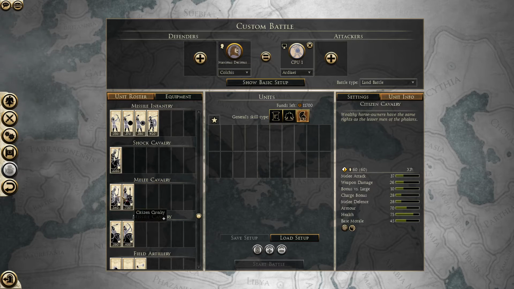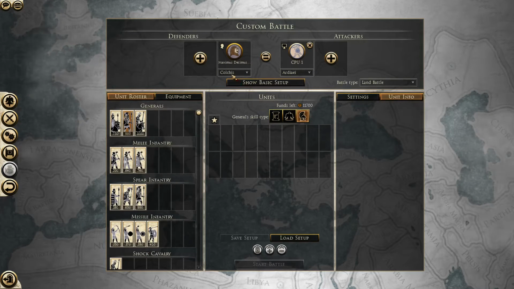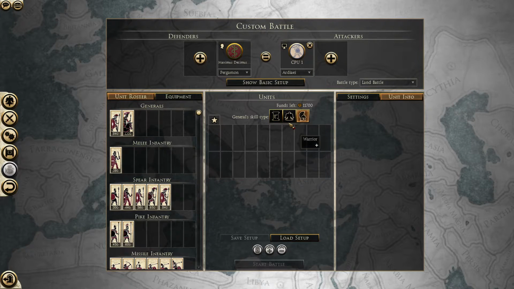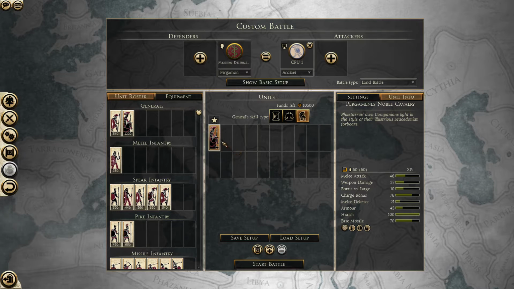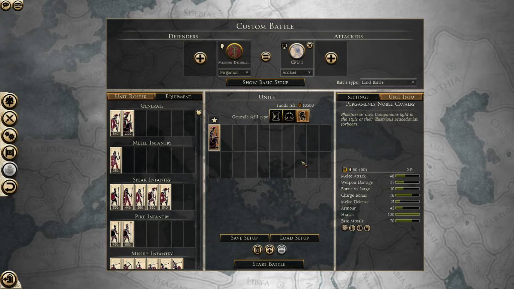And Hippeus Lancers, nothing really special here. Citizen Cavalry, Noble Blood Cavalry. And for Pergamon, we have this unit of Pergamene Noble Cavalry, and it only has 45 armor. It has a very good charge bonus, but it is very expensive for having this low amount of armor. It's very heavy shock cavalry, so it has a high melee attack and good weapon damage and all that stuff,